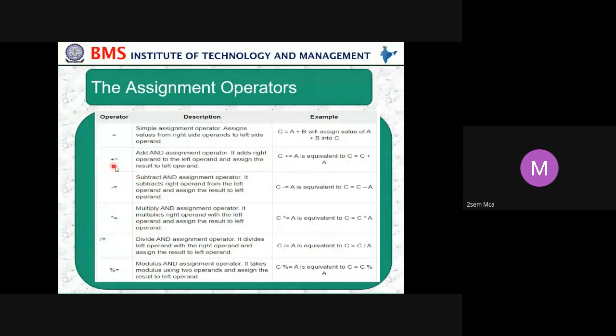So in the same way, plus equal to is the add and assignment operator. It adds the right operand to the left operand and assigns the resultant to the left operand. Then minus equal to is the subtract and assignment operator. It subtracts the right operand from the left operand and assigns the result to the left operand. Then star equal to is the multiply and assignment operator. It multiplies the right operand with the left operand and assigns the resultant value to the